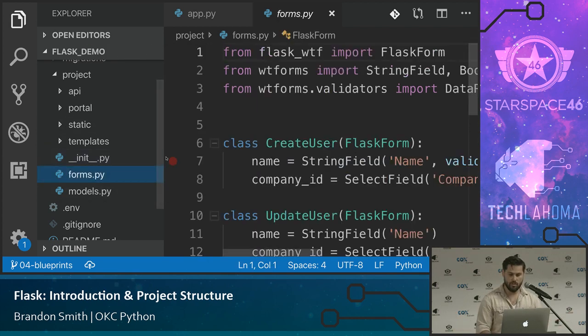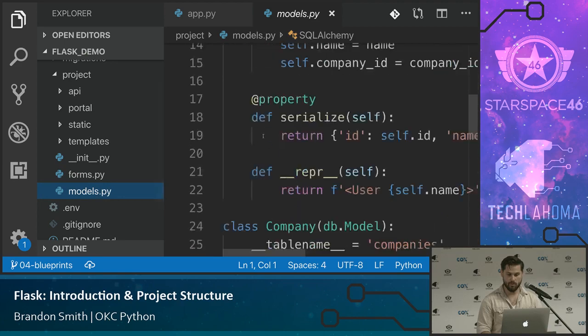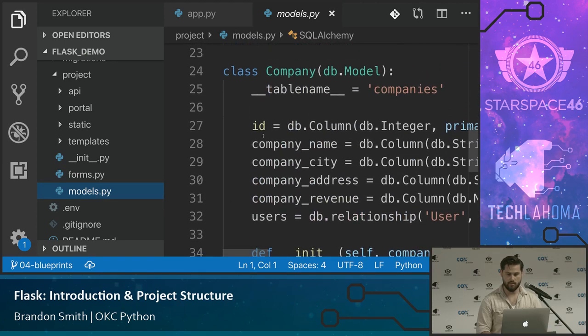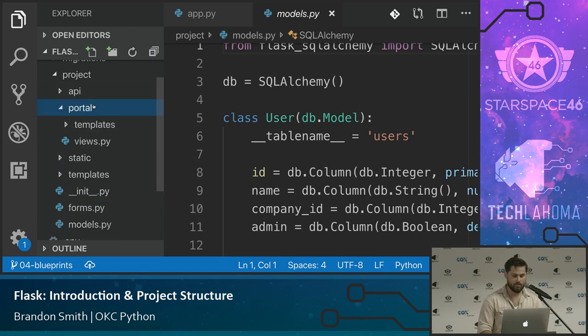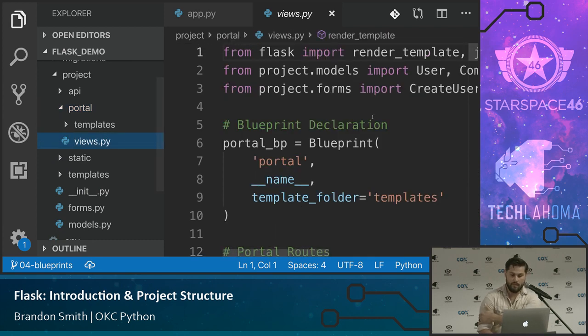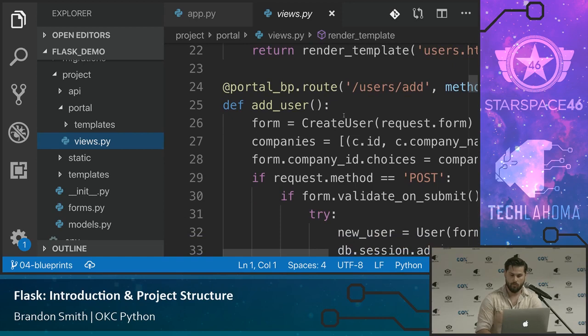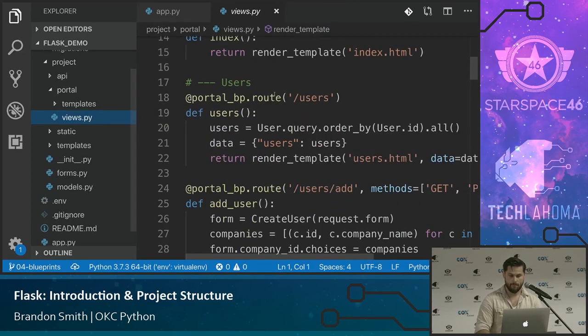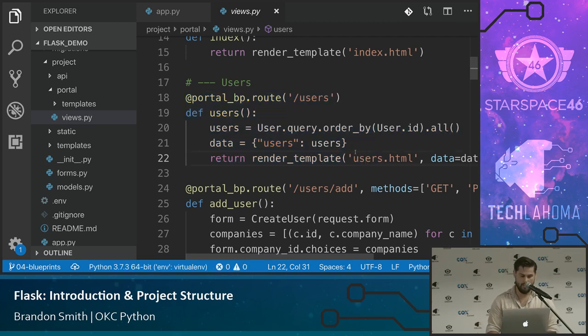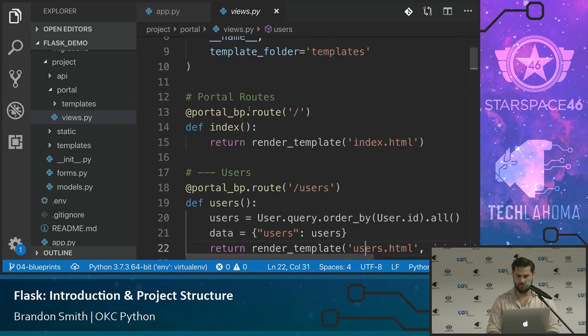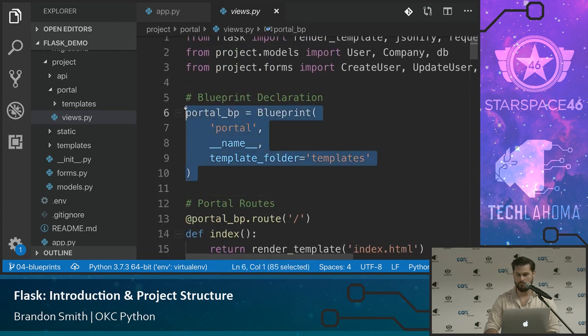And this is a pretty generic way to model that. Here's our models file with now our company table as well as our users. But if we look at it, we still have our templates and static. And let's look at the portal first. We only have two things in it. We've got our views.py file, and it looks just like our other route where, zoom out one, we declare our URL, and then we have a little function that grabs it and puts it all out there for us. And we only have to add one thing at the top to declare it as a blueprint,